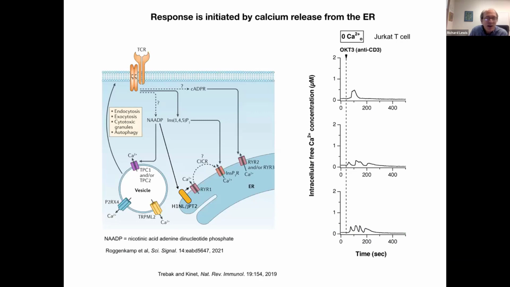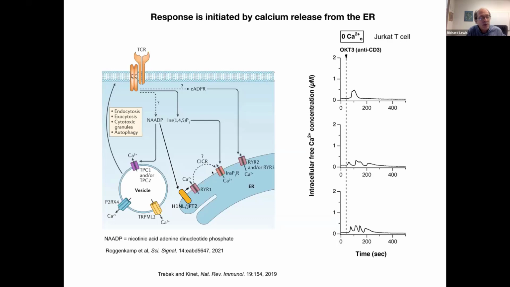Well, as you heard from Leslie, there's a series of biochemical events that occur following the binding of antigen to the T cell receptor. And in the end, this activates phospholipase C to produce IP3, which releases calcium through IP3 receptors located in the ER. And Steve showed a beautiful example of the structure of this huge protein earlier on.